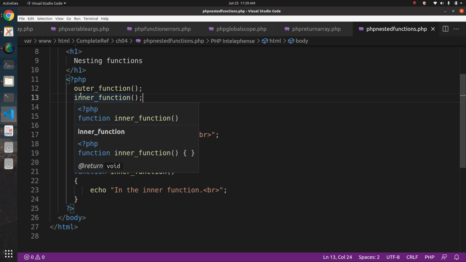inside a function. But you might have seen that in case of other programming languages like C, C++, Java, you cannot do that. If you do that, you will get an error message because nesting of functions is not allowed. In PHP, just allowing that you can define a function within a function, but it will not make any difference. ठीक है, जब तक आप फंक्शन को कॉल नहीं करेंगे.